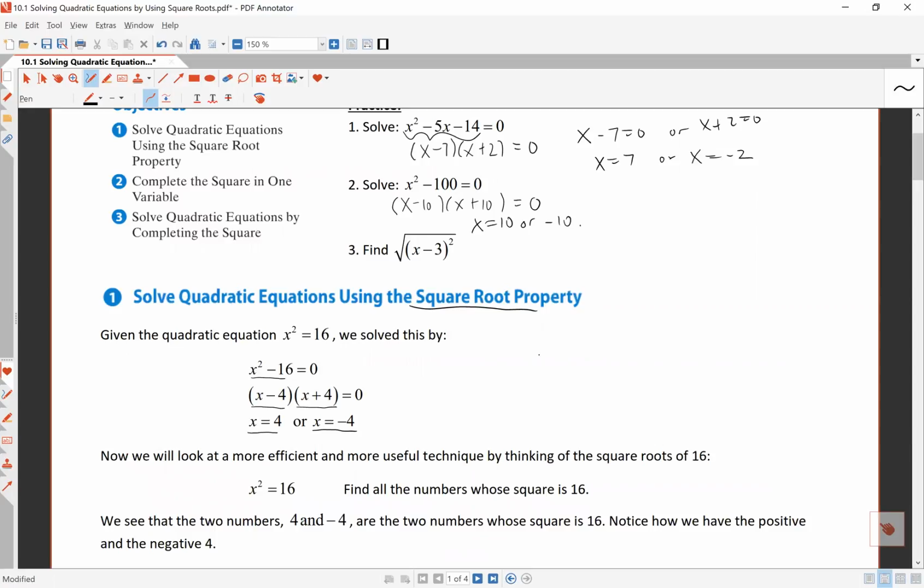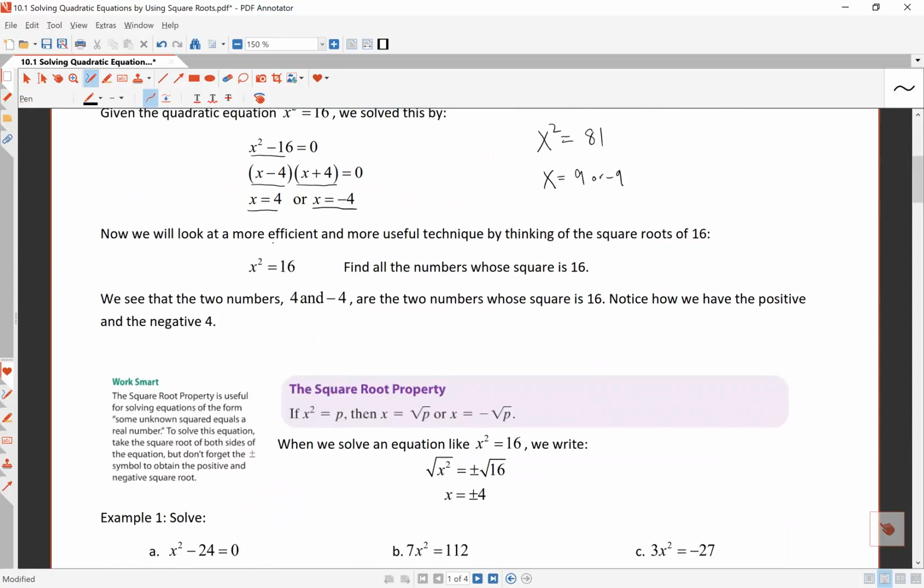So we can expect then, if we see something like x squared is equal to 81, we should expect 9 or negative 9. And so this is a more efficient way to look at these. We're thinking of, in x squared equals 16, the two numbers whose square is 16. They are 4 and negative 4. When we think of the equation x squared is equal to 81, we're thinking of the two numbers that we can square and get 81. So those are just the square roots of 81,